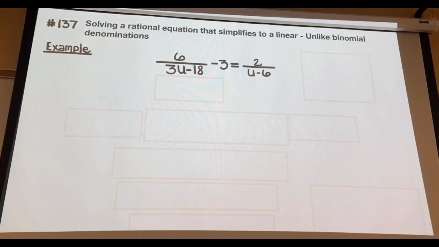So for 137, solving a rational equation that simplifies to a linear, unlike binomial denominators. You see an equation, and this equation has fractions. Immediately, what do you do? What should be the first thought? I see fractions and I will